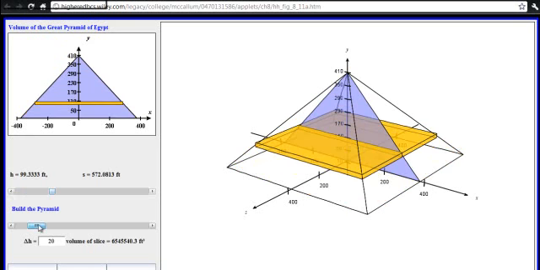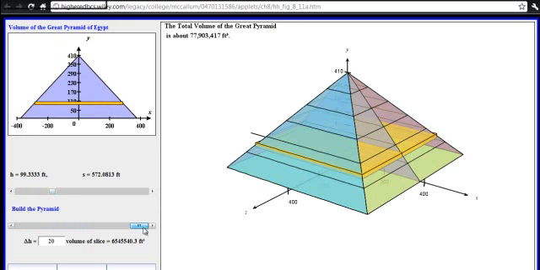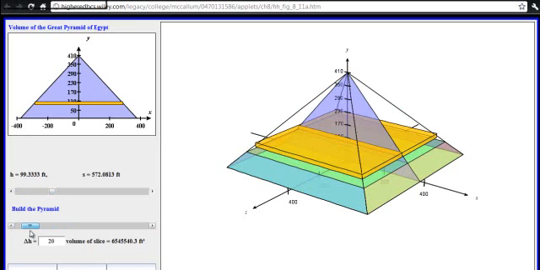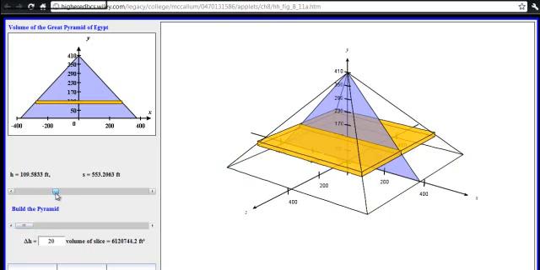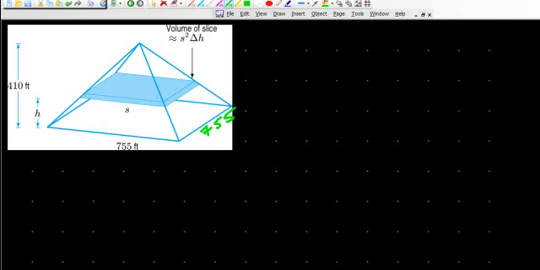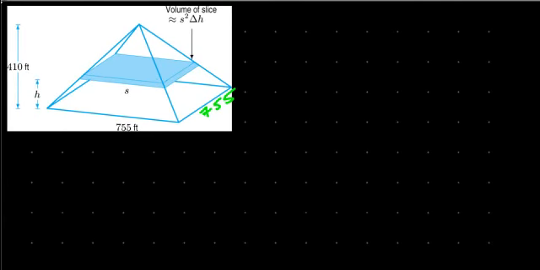And then once we do all that, we find the total volume. So let's go back here and move that back down. There we go. Okay, now that we see what we're going to do,